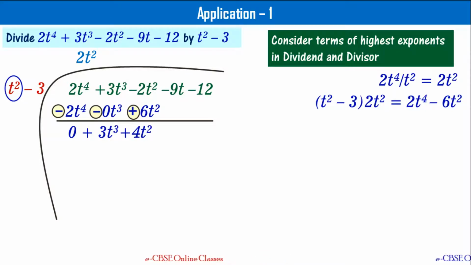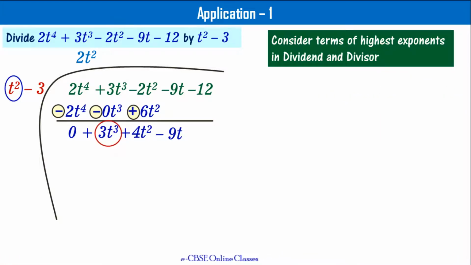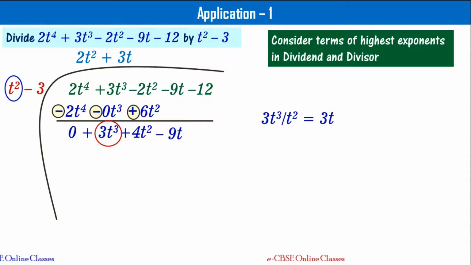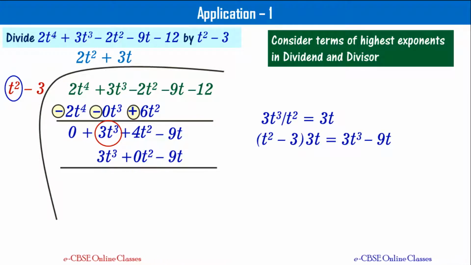Now bring down minus 9t such that you have expression 3t cube plus 4t square minus 9t. In this expression, 3t cube has got the highest exponent. So let's divide that with t square to get answer 3t. This plus 3t has to go at the top. And now we have to multiply t square minus 3 with 3t and subtract the answer from previous expression. Once you subtract out, what you get